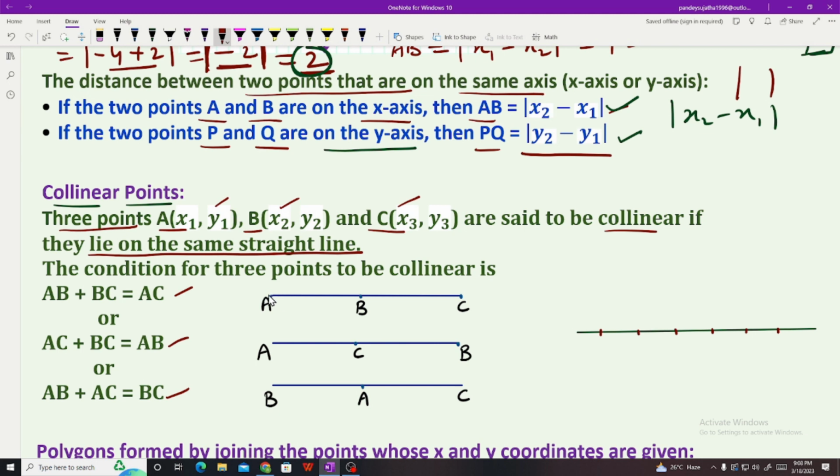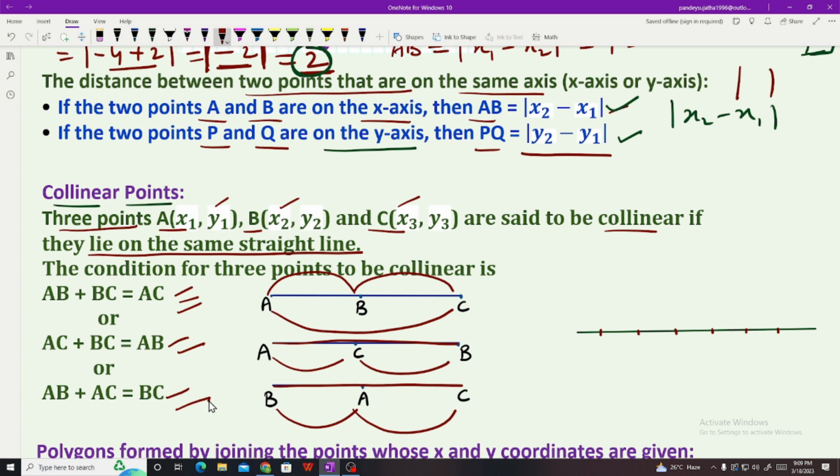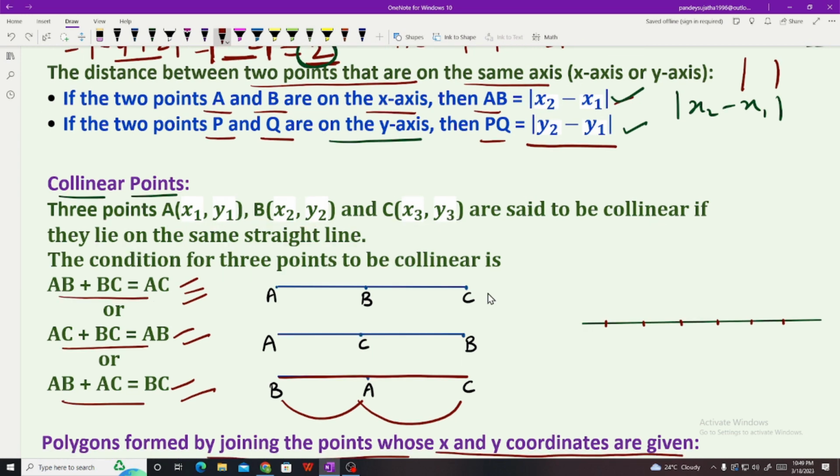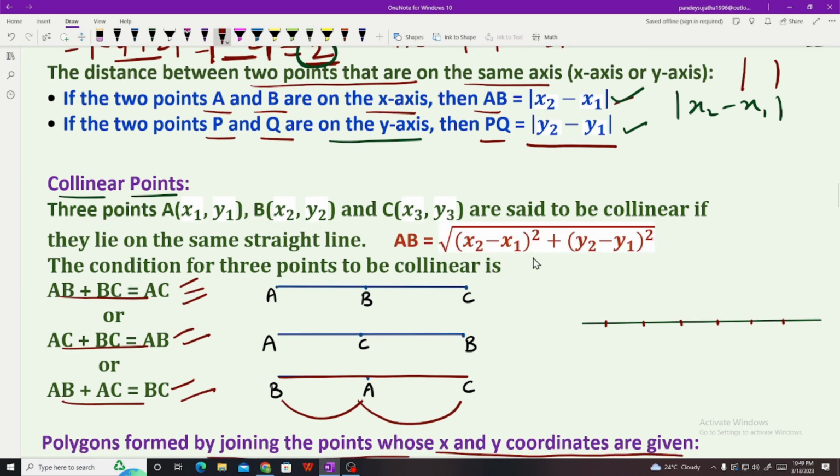You need to show that the distance AB plus BC is equal to AC. Or the distance AC plus BC is equal to AB, or the distance AB plus AC is equal to BC. So if you fulfill any one condition, then we can say that the 3 points A, B and C are collinear. Use distance formula to find AB,